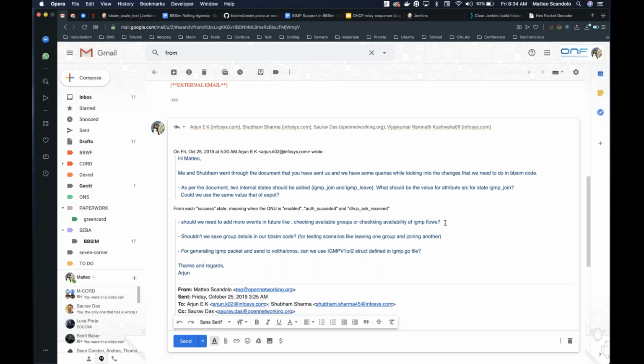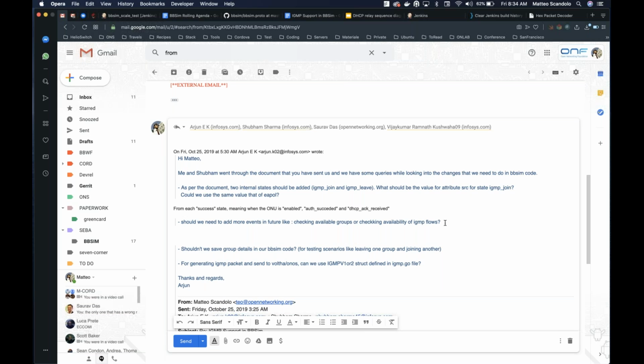I'm thinking it's not needed because the IGMP flows will most likely arrive at the ONU together with the DHCP flows. And so we cannot move the ONU to two states in parallel. We need to decide what to do with it. But I think it's fine to manually trigger IGMP messages. So for now, I will say